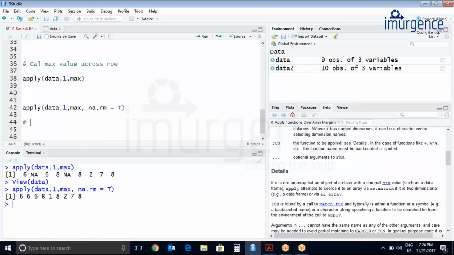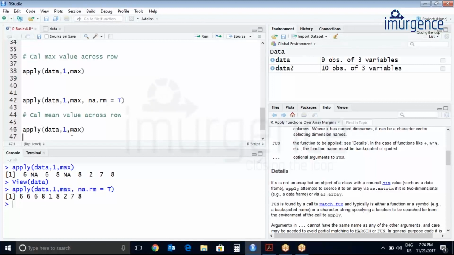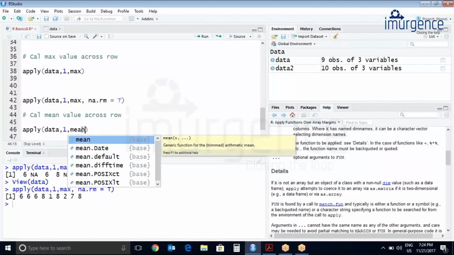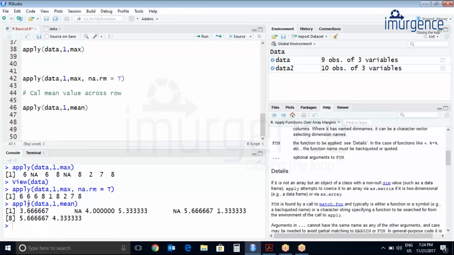So let's calculate mean value across row. Again, I'll just replace max with mean function. Let's do control enter. Here also, since there are NAs, it won't be able to calculate mean.